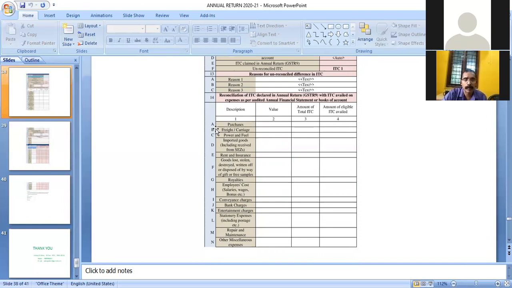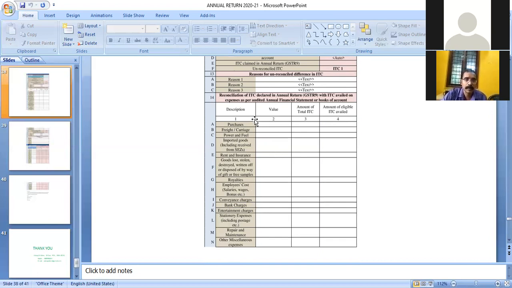The input tax credit should be bifurcated into the following expenses, namely purchases, freight and carriage, power and fuel, imported goods including receipts from SEZ, rent and insurance, goods lost, stolen, destroyed, written off, or disposed of by way of gift or free sample, royalties, employee costs, which is salaries, wages, bonus, etc., then conveyance charges, bank charges, entertainment charges, stationery expenses including postage, repair and maintenance, and other maintenance expenses.